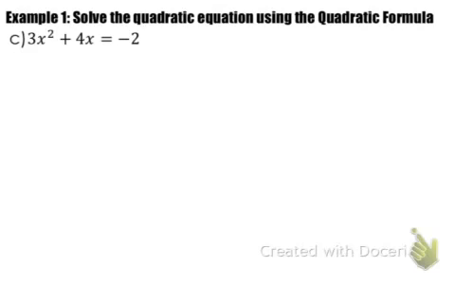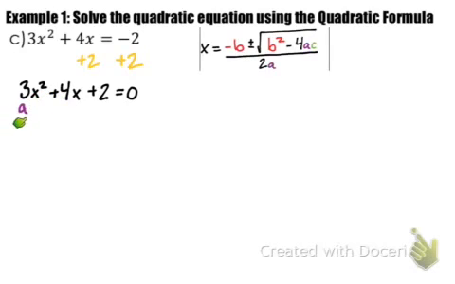And the last example, we have 3x squared plus 4x equals negative 2. And we're going to solve this quadratic equation using the quadratic formula. So the first thing we want to do is check to see if it's equal to 0, which it is not. So we're going to add 2 to both sides and rewrite the equation as 3x squared plus 4x plus 2 equals 0. So we have our a, we have our b, we have our c,